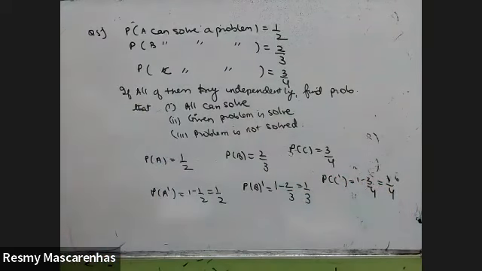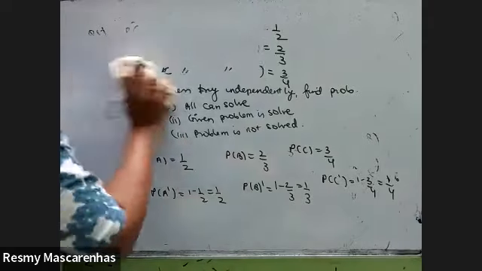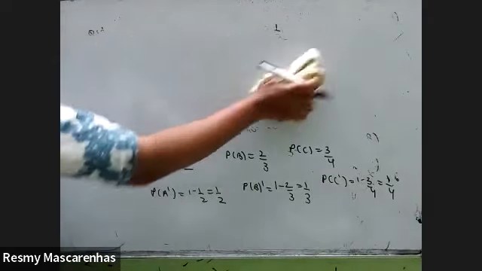I'm just finding the complement and keeping. It's always 1 minus that. This is the complement, because here it will be needed. Later I don't want to come back and calculate and then check. So directly I'll be able to substitute whenever I need this value. The first sub question is: all can solve.